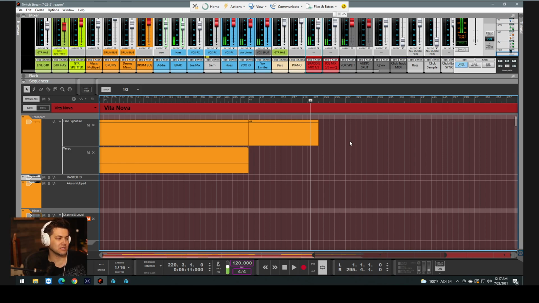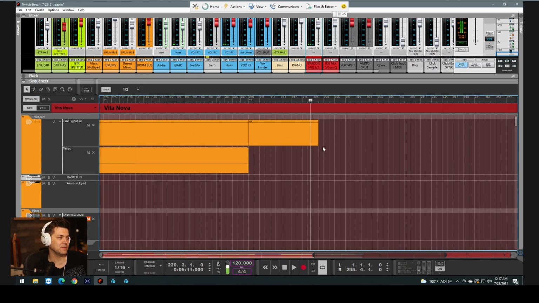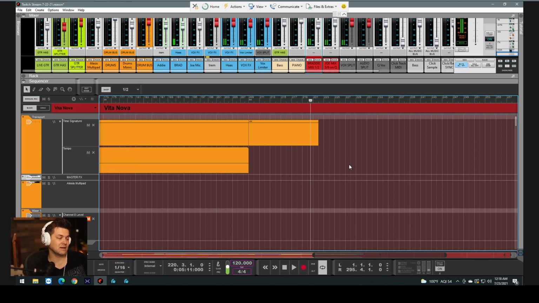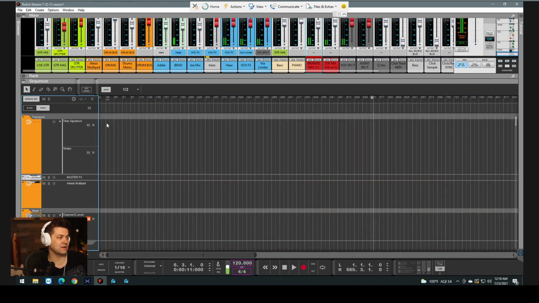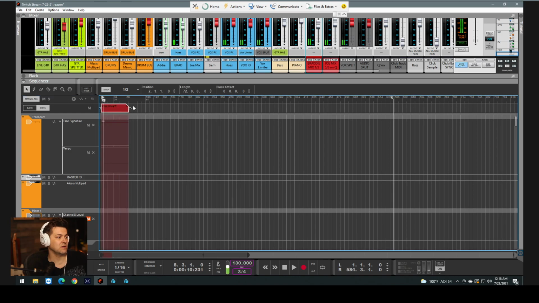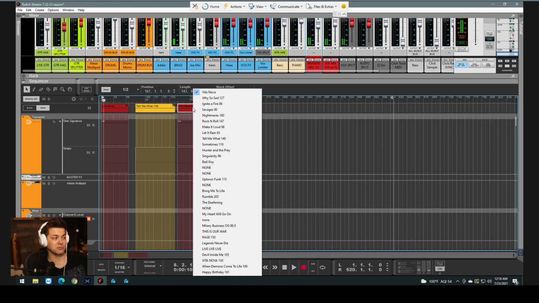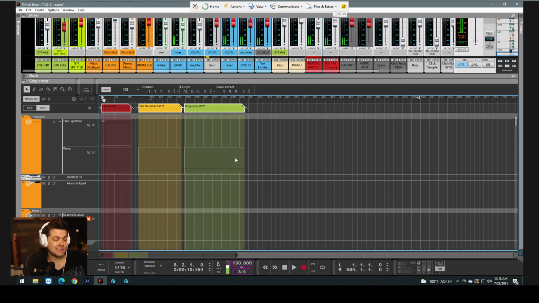But yeah, so just let me reiterate. Blocks is an amazing tool that you can use for live for backtracks and sequencing. It would just be nice to have some type of button that you could automate that allows you to move around inside blocks. Last but not least, I know that you could just go into song and you could draw on your blocks like up here, and then you could switch them, just like some people use blocks for your verse, chorus, bridge, things like that. You can do that, and that would still work. However, that is going to limit you to a predetermined set list